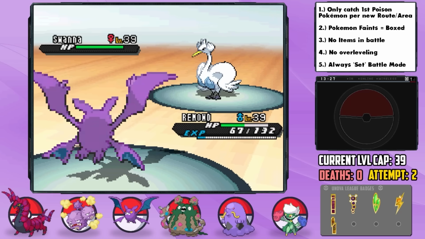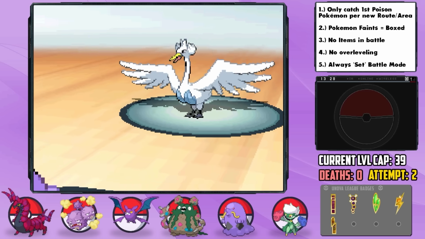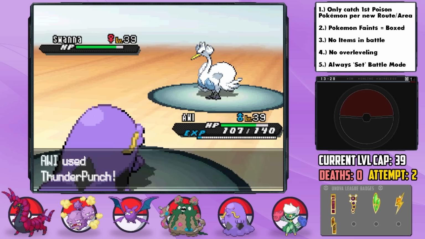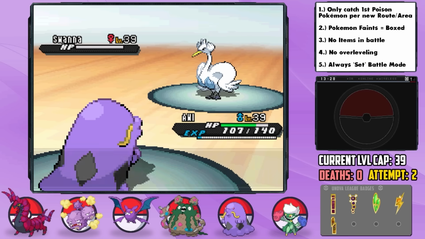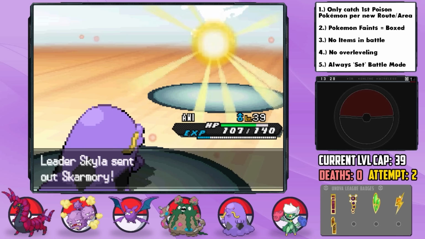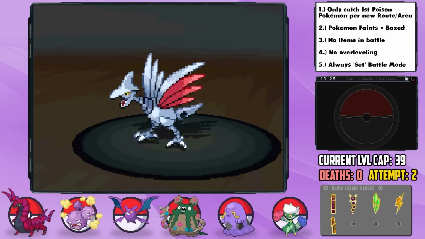Feeling safer with it confused, I switch in Awi, but we get hit again. On the next turn, she finally hits herself, and then I can unleash my secret weapon. Thunder Punch that I got from the Move Tutor, 4 times super effective to shock that bird out of the skies. Her final Pokemon is Skarmory, and I continue using our only super effective move against it, and she missed a Steel Wing at one point,